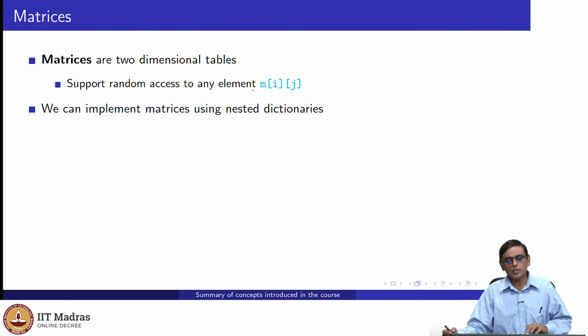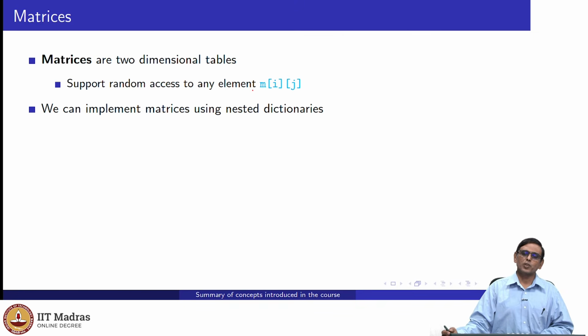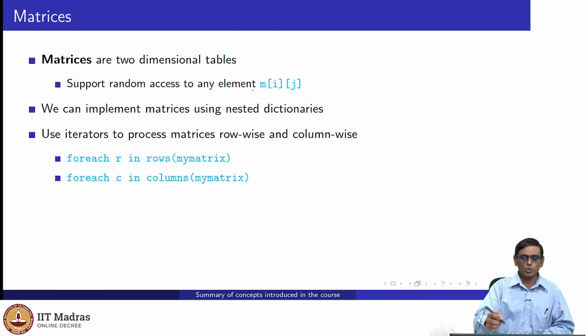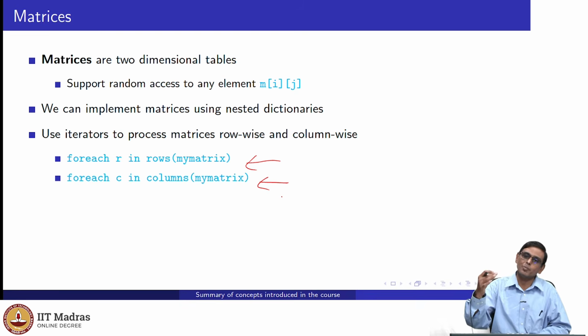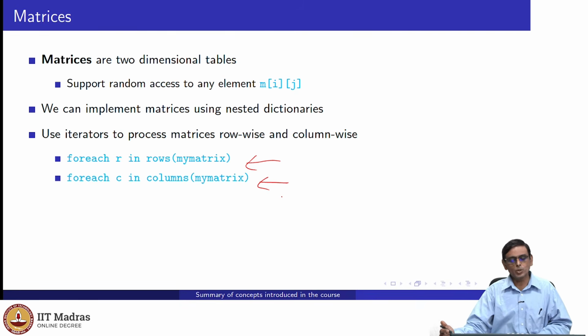But we have deliberately chosen to introduce matrices only from the perspective of data science in this way, after we have talked about lists and dictionaries, because otherwise we get into the lazy habit of using matrices for everything. So we don't want to do that. Okay, so we can implement matrices using nested dictionaries, right? That allows us to use iterators for each row in the matrix and for each column in the matrix. So we can nest for each row followed by for each column, or each column followed by each row. You can do this nested iteration and process the entire matrix.